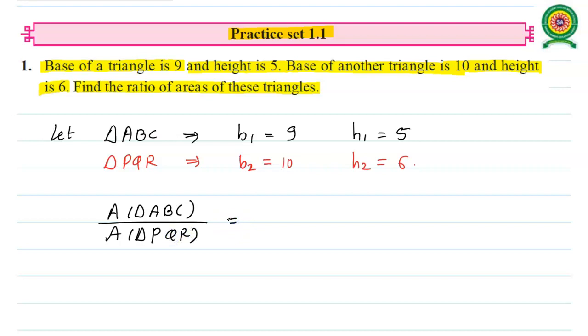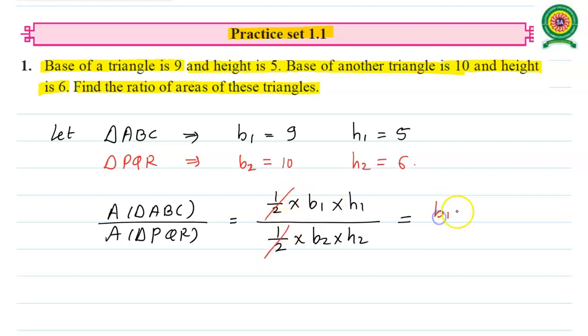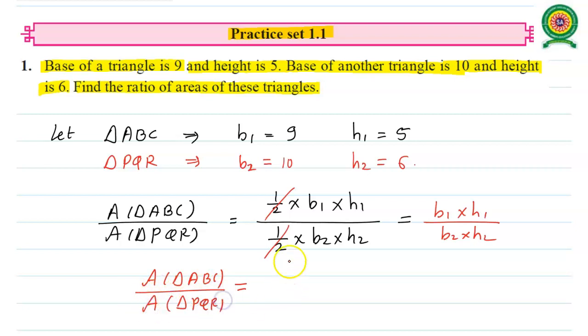Everyone knows that the area of any triangle is half times base into height. So for triangle ABC we have the base B1 and height H1, divided by, for triangle PQR, the base B2 and height H2. After cancelling the half, we remain with B1 into H1 divided by B2 into H2. Now let us replace B1, H1, B2, H2 by their values, so that the area of triangle ABC divided by the area of triangle PQR equals 9 into 5 divided by 10